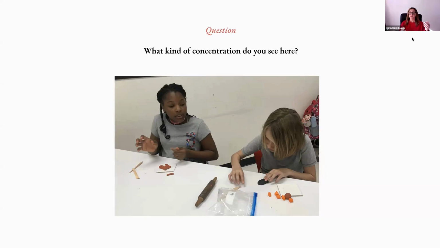This is definitely what I would call understanding that the process is far more important than whatever it is they're creating and making. And by the way, what they were making, we were making sea life creatures with clay, but the process was so much more important to me. I was teaching them about the medium and giving them an opportunity to investigate the materials and how they feel and how they work and whether or not they can make some forms out of them, and just different ideas, and collaborating and using the language that I had just taught them.